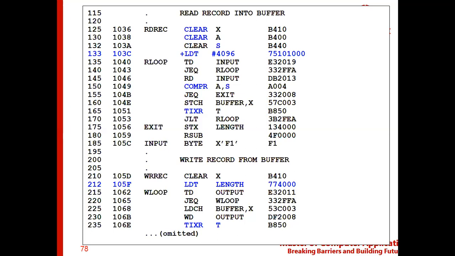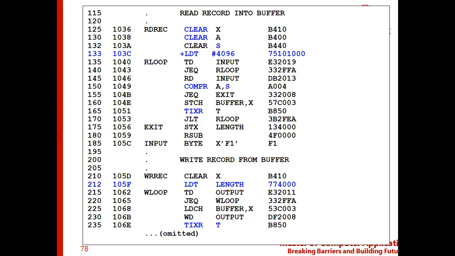The same thing will be followed for 130, 132, and so on. So these are the instructions which follow format 2. And similar to that, we have in line number 150 also, in the same way, COMPR A, comma, S, which uses registers. So it follows format 2. And if you look at line number 185, similar to the SIC, again we follow the same way of giving the address to those instructions.